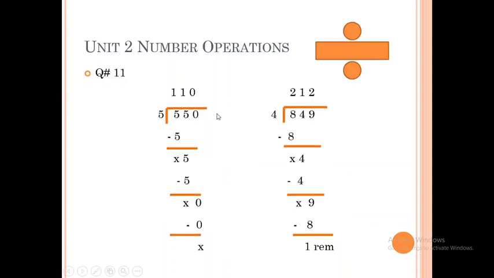Now this one, a 3-digit number. Again the same method. First divide the 100, then the 10 and then the ones. Division always starts from the left hand side. So at the left hand side we have the 100 place, 550 and the divisor is 5. Divide this 5 first. 5 ones are 5. After subtraction, cross it here, then the next number that is also 5, it is here. 5 ones are 5, then subtraction, nothing is left, then 0 is here.